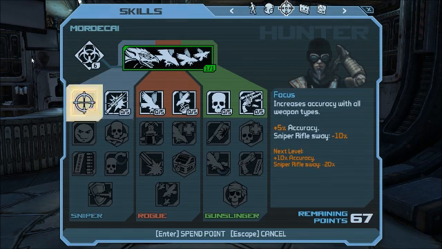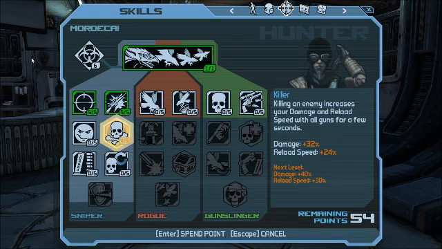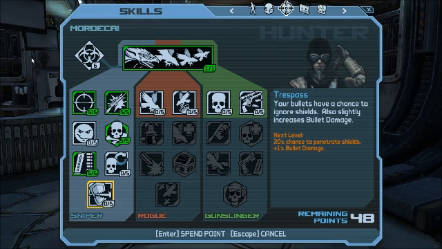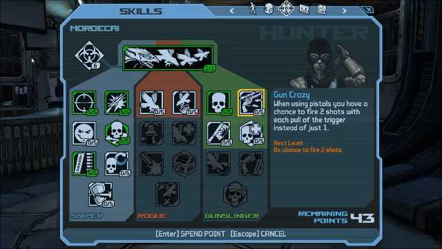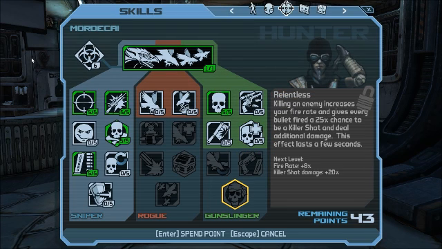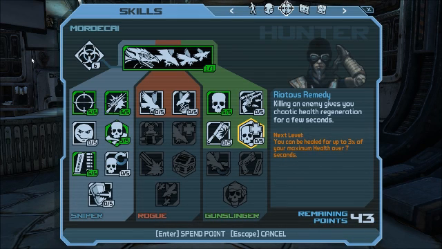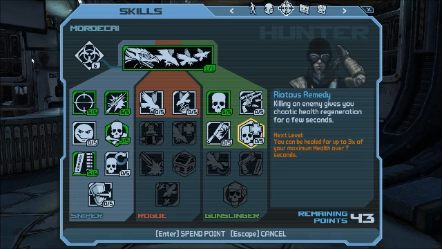First, my sniper build. You're going to want that, you're going to want this, and you are not going to want this yet. First, we're going to look over and see what else we want. We obviously want Deadly. We obviously want Relentless because Relentless is dope. And so we're not using pistols because we're being snipers, right? We're being good snipers. Riotous Remedy's okay. Lethal Strike is okay. But we're not getting close enough to enemies to Lethal Strike them,